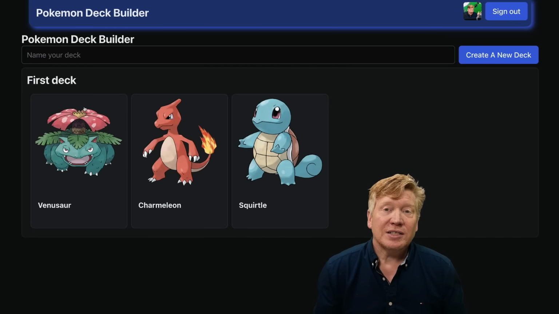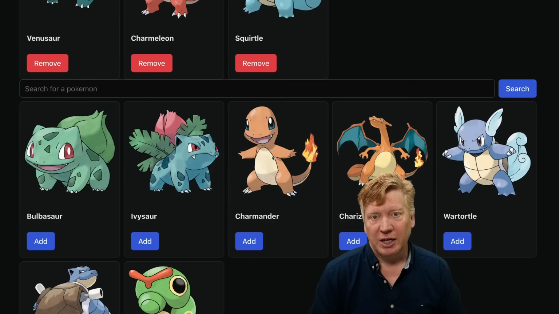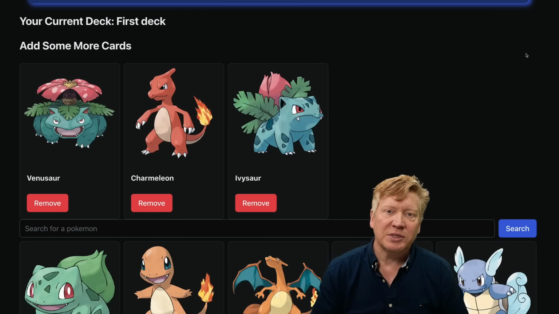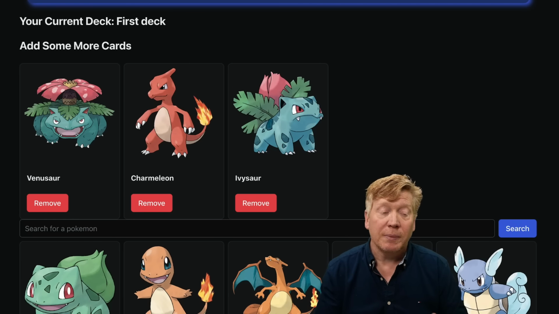So to try out Radix Themes, we're going to be building this Pokemon deck builder application. It's written with the NextJS App Router. I'm going to walk you all the way through it from tip to tail, and of course, all the code is free to you in the link in the description right down below. It's got database access, server actions, API routes, the whole app setup, and it's even authenticated using the super easy